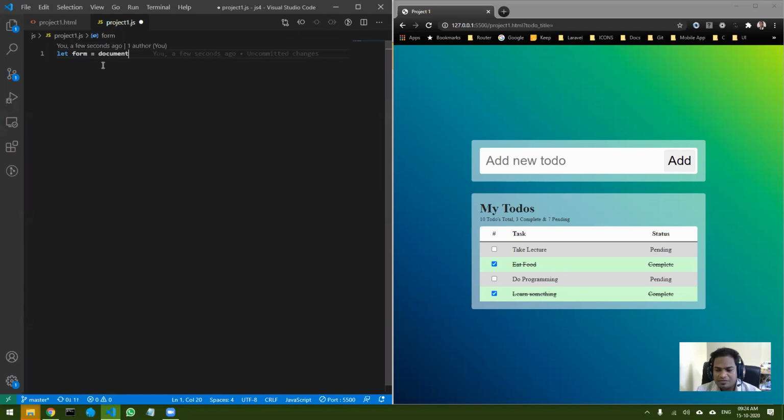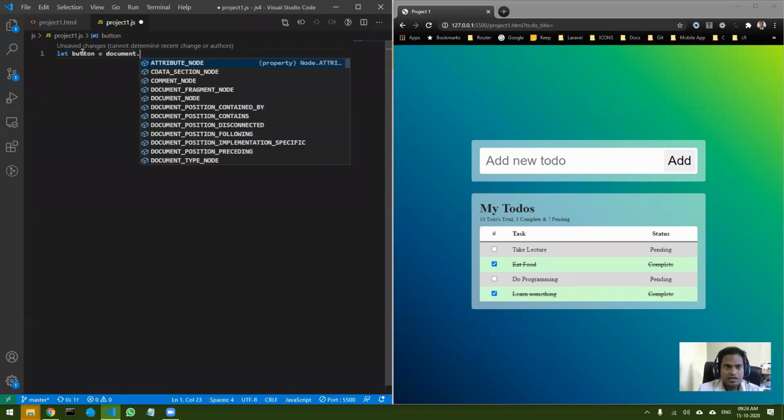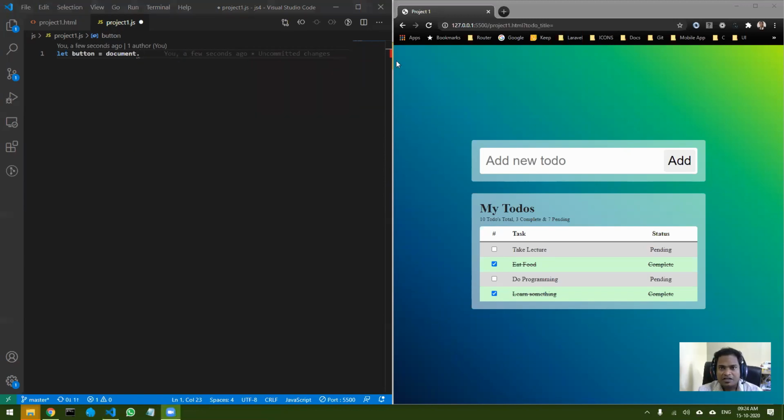I will show you multiple methods. Let's see the first one. I want to select the button. So let's say button is equal to document dot. How should I select the button? I can select it by getElementsByTagName. But on Tuesday I said there are two commands that you should remember.